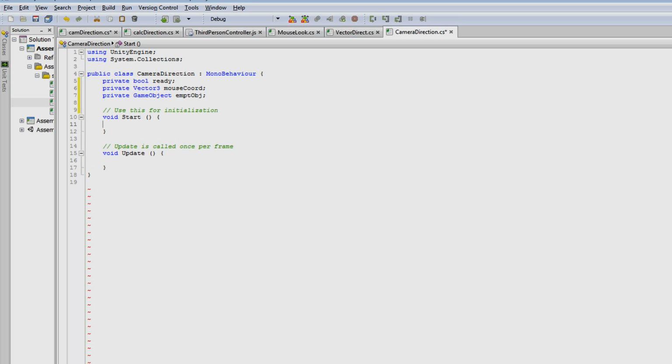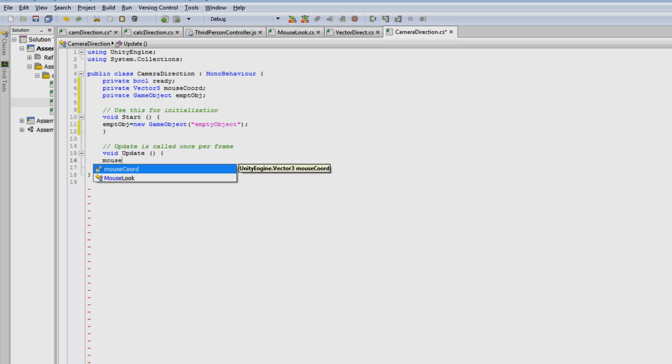In the start, I'll start by creating my empty object. So I'll use empt equal new GameObject, I'll give it a name, like empty object, close parenthesis, and semicolon. That's it. I'll be creating an empty object just one time, and in here, mouse coordinate equal new Vector3, open parenthesis,